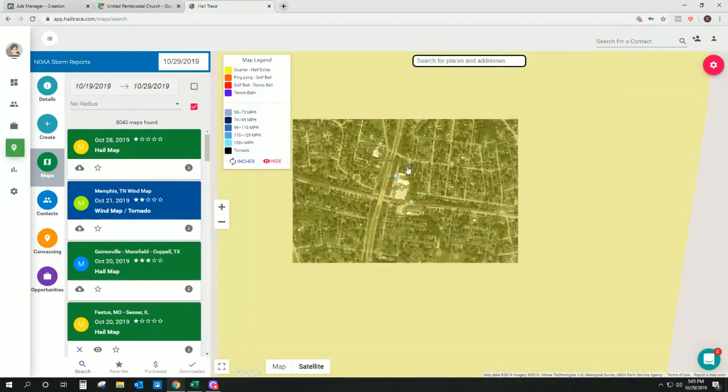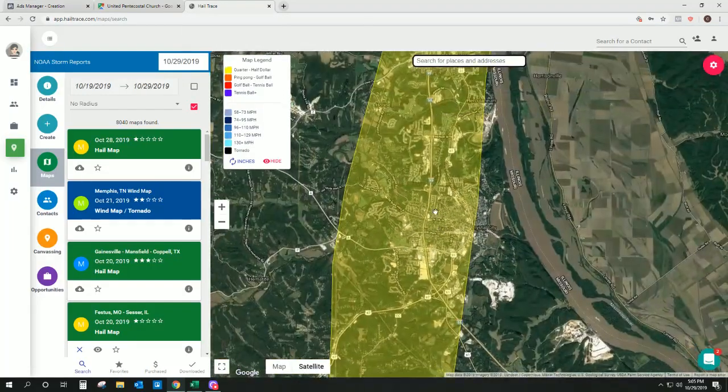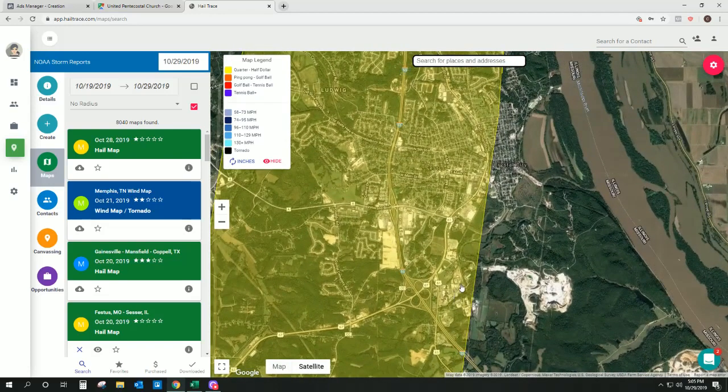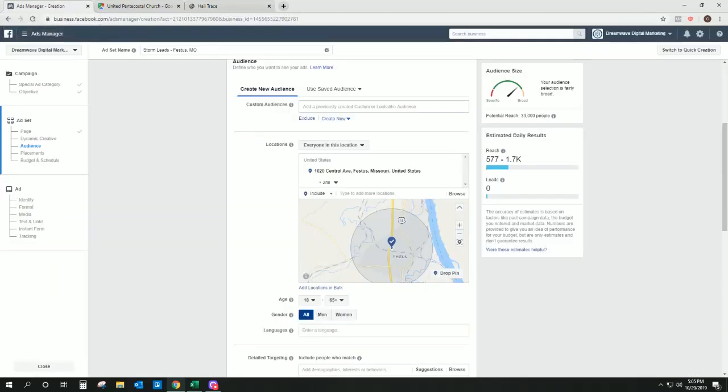And if we zoom out, we can see that this swath goes north of that Pentecostal Church landmark, which was right here, and also south, where there is the airport right here. So we can zoom out just a little bit, and here's the airport. What we can also do is take a pin and drop it just a little bit south,